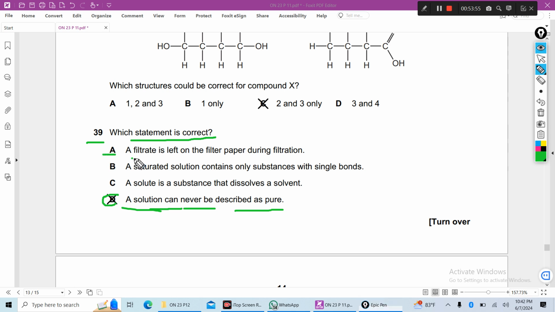Why is the other wrong? A filtrate is left. No, filtrate is not. Residue is left on the filter. This is wrong. A saturated solution contains only substance with single bond. This is wrong. A solute is a substance that dissolves a solvent. No, a solute is a substance that dissolves in a solvent. So this is the right answer. Next,